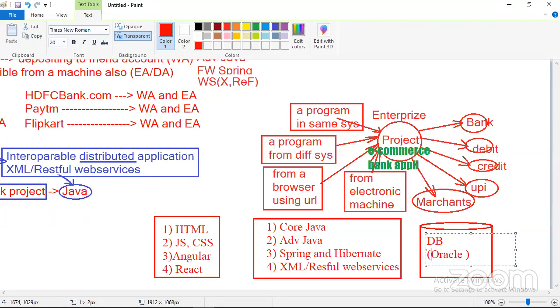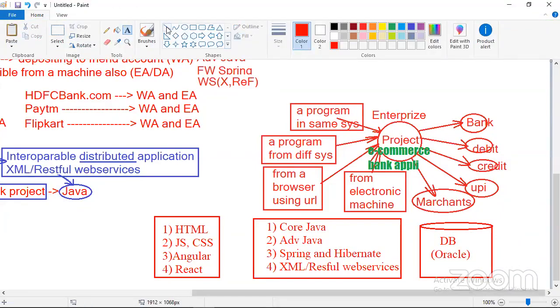Maximum database used in enterprise application development is Oracle, because Oracle database covers a lot of facilities. Tell me, sir, with this knowledge, can you survive in the industry if I discuss like this? What is our course heading? Core Java with project. If I teach you like this, can you build your career as a software engineer?